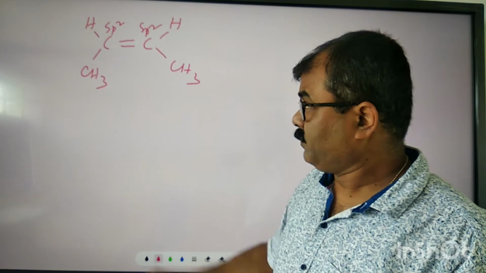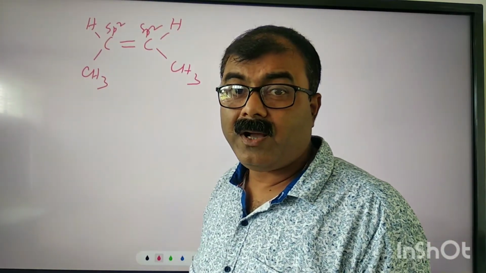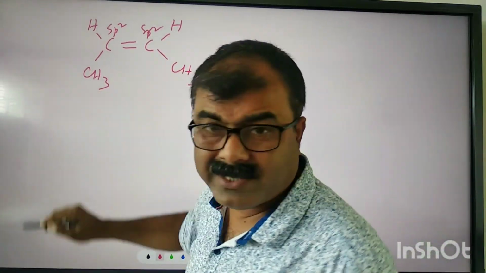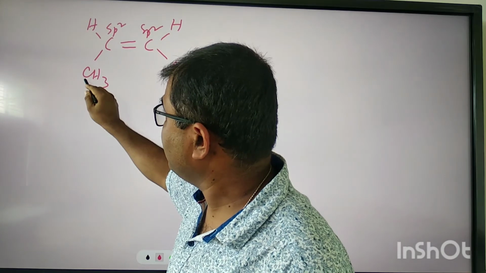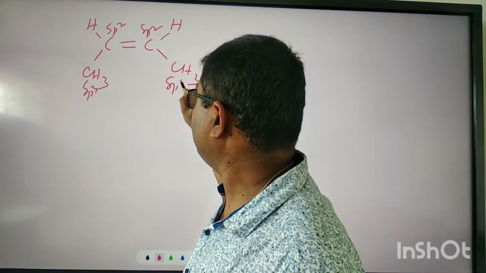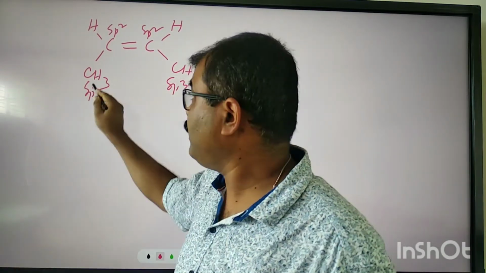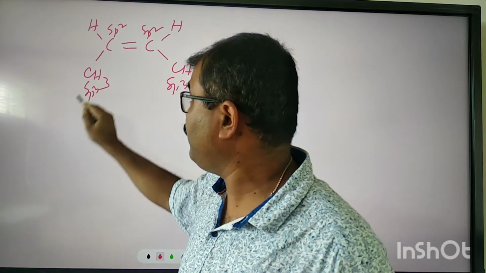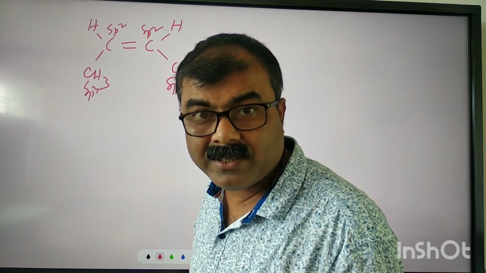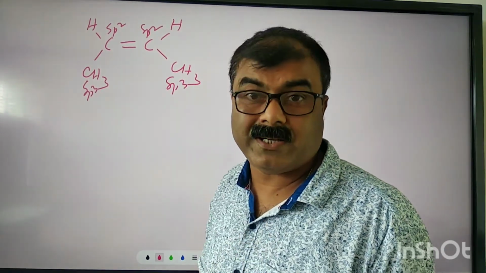Now we'll see: can we say these two carbons are stereo centers or not? Clear? Not only this, you may wonder why we are not considering the other carbons. Yes, straight away, this is sp3, this is sp3. But there are three hydrogens attached, so the second condition is not fulfilled. Therefore, this carbon cannot be a chiral center, and this carbon cannot be a chiral center. Though these are sp3, three similar groups are attached.